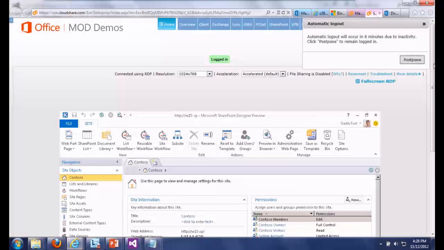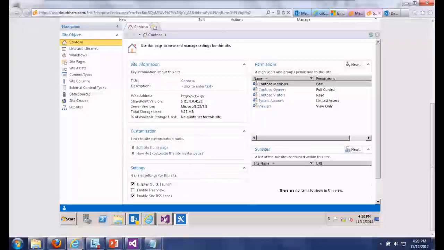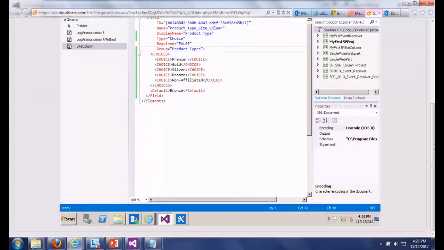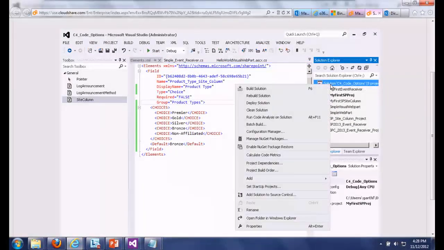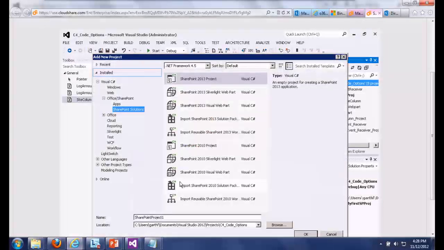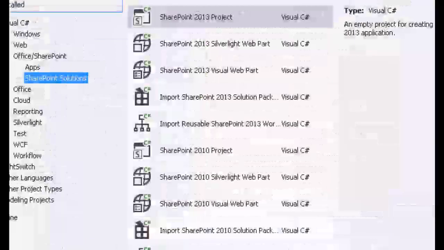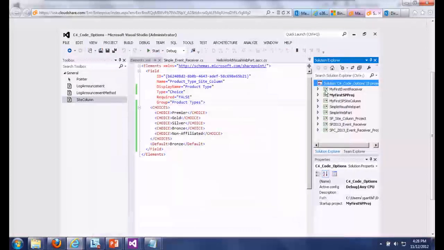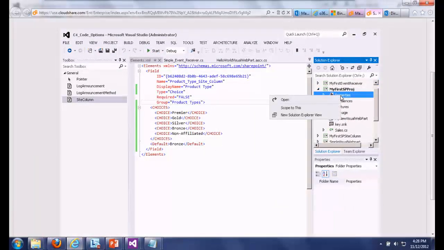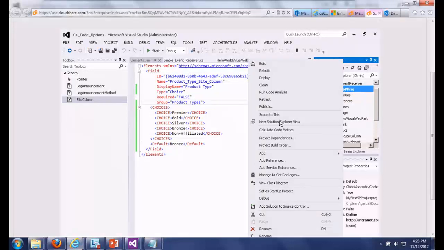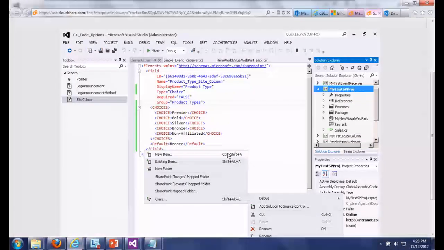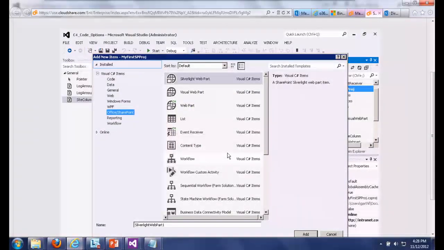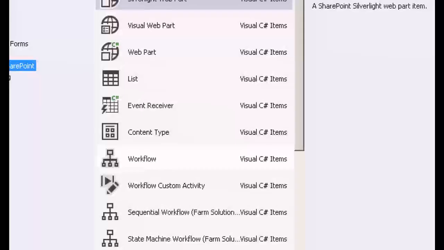Now, for those of you who may want to know what all those templates were for, here I've got basically a project. It's a solution. I can go ahead, add new project. Here you can see, like I had before, I've got these different types of projects. I click SharePoint 2013 project. I can go ahead and add items to that project. Okay? And so you have project level items and item level templates here. So it's web parts, lists, all sorts of good stuff. Okay? I think you get the point.